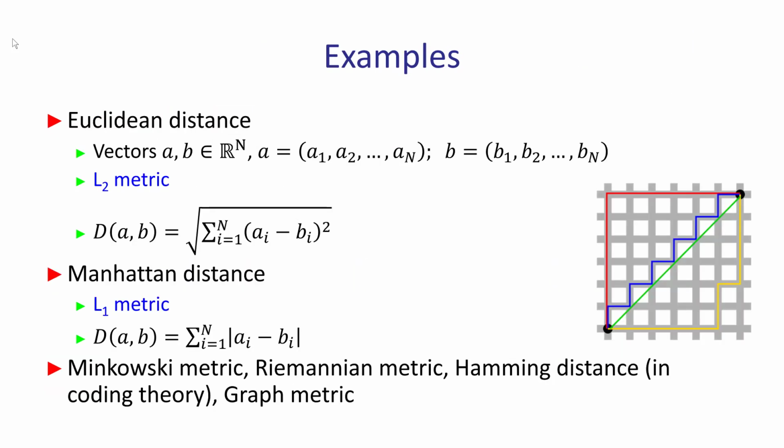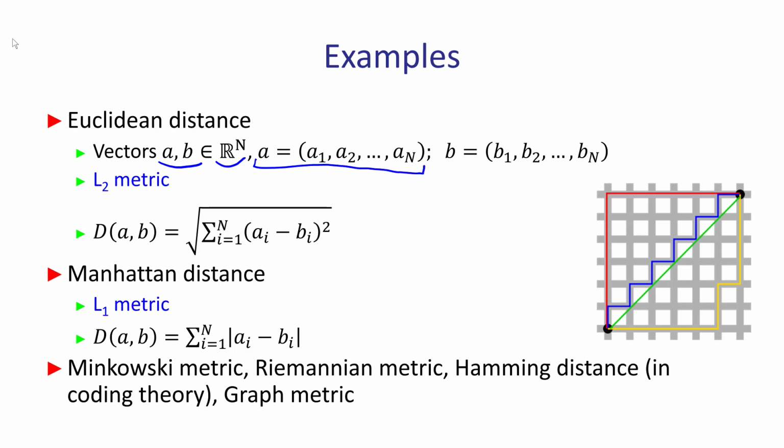Here are a few examples of different distance functions. First of all, we are talking about Euclidean distance. This is kind of standard distance that we all know about. So Euclidean distance for vectors A and B, which both have the same dimension n, which in other words means